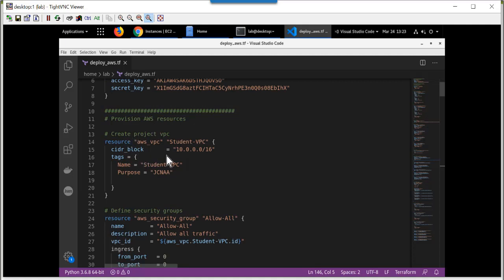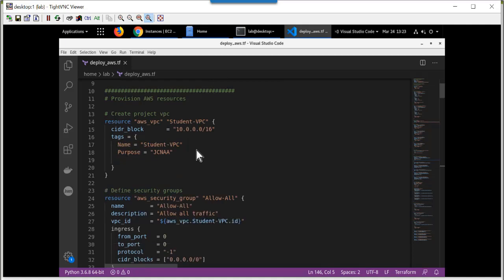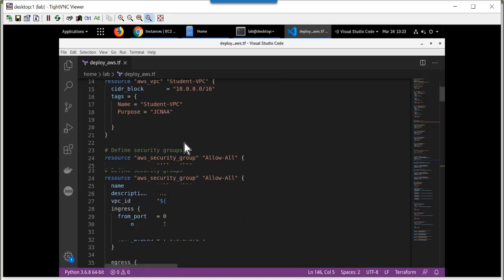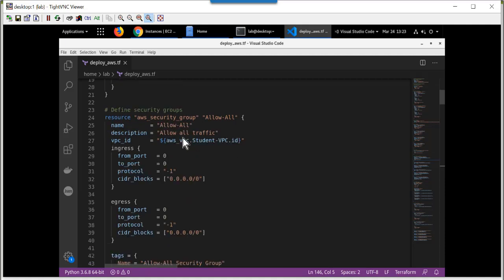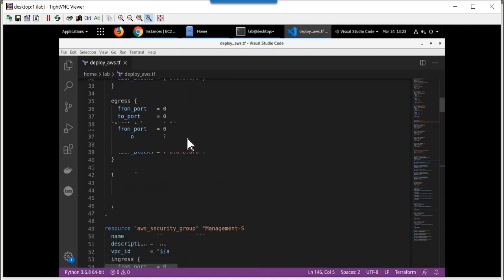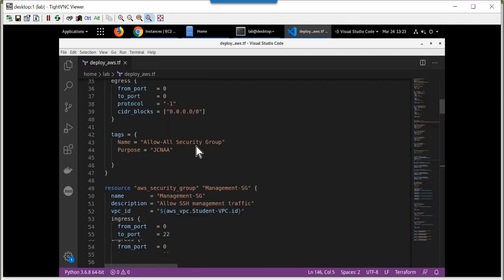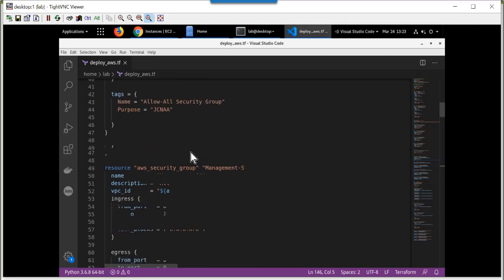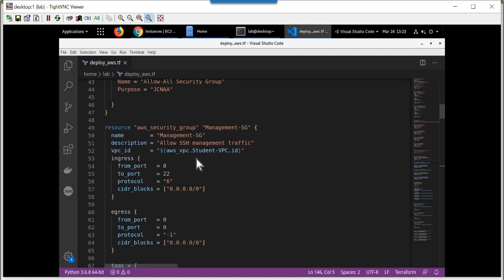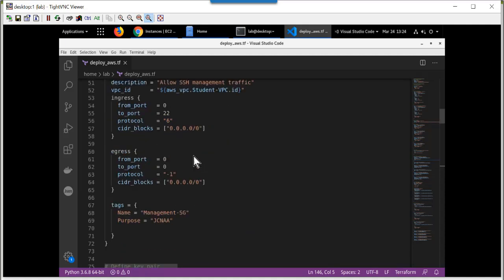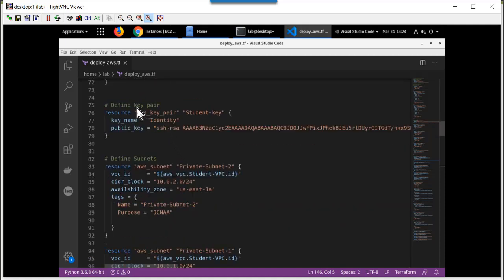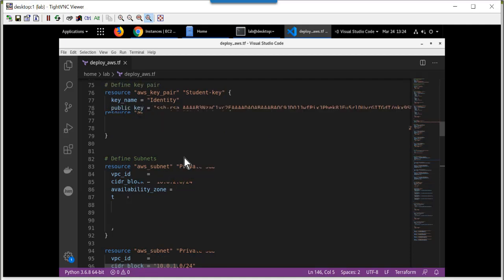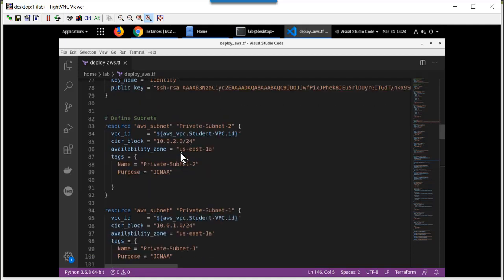Here's my virtual private cloud, the CIDR block that I want to assign, the 10.0 CIDR block. I give it a name. And then, there are security groups that you define. And this is the challenge when you're just getting started, understanding how to define all of these resources. I was able to find examples that got me started and able to modify the values to meet my needs. But there are security group rules. In this file, you'll see the AWS key pair that's used for authentication, any subnets that have been defined,